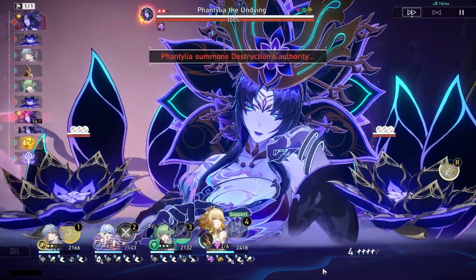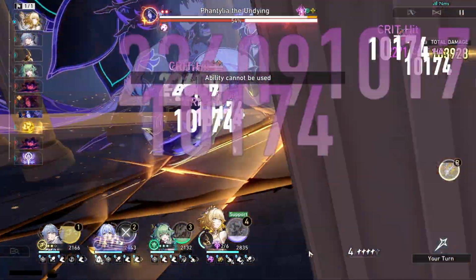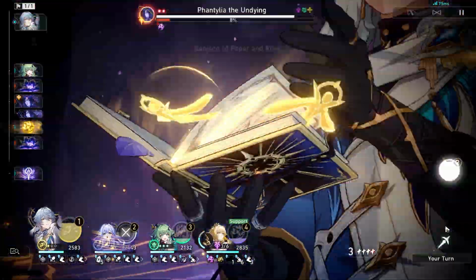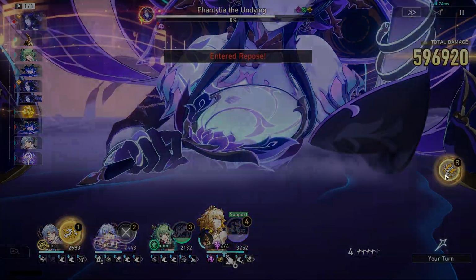Primarily focusing on crit rate. Once again, if you are running her with Sunday, 75 to 80 is going to be ideal. And if you're not running Sunday, 85 to 100% is going to be your goal. Crit damage, getting it to anything above 100% is going to be fine, because if you have the other axes,